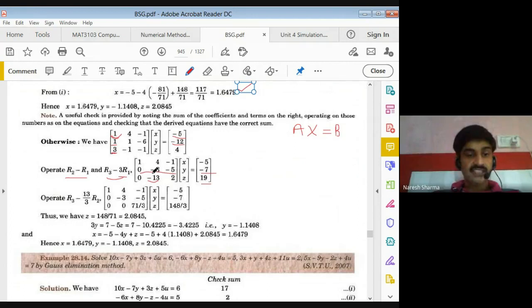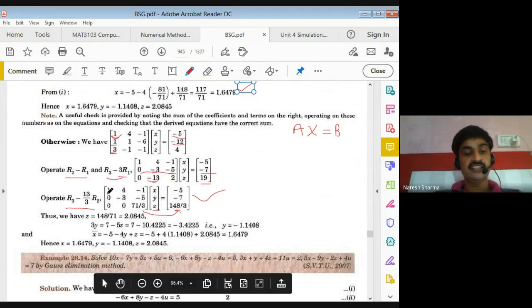Now use your minus 3 and make this also 0 by using the same operation as we already discussed in your previous procedure. Now you get the upper triangular matrix here. From the last row we can get the value of z, just shifting this to the right hand side. Now put this into the second equation. You rewrite this into equation form first, then you get y, and put x, y and z in the first one, then you get x. So that gives you the values of x, y and z. So this is called the elimination method.